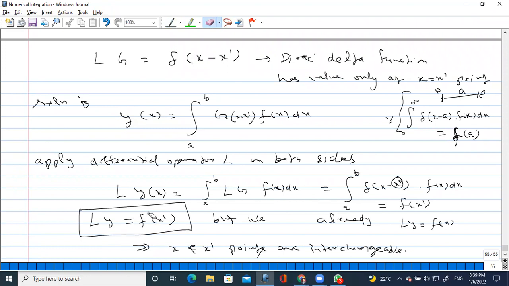Tomorrow we will start with the properties of green function. Then I will tell you the procedure for how to solve the questions, and then we will practice the questions. So tomorrow it will be finished. This is a little bit difficult. When it is finished, then again you practice the theory part and the questions also. Then it will come to your mind, because it is a very advanced topic.